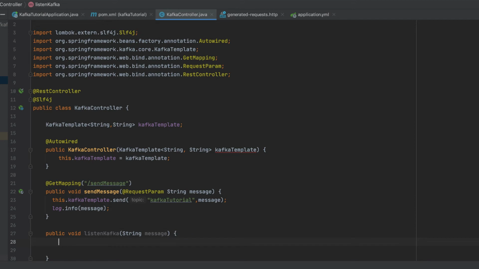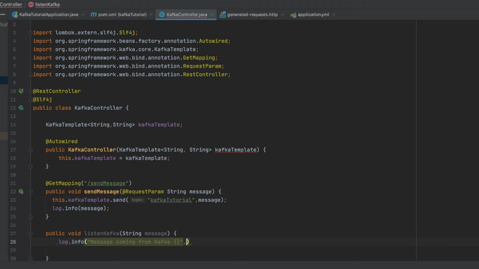So consume and produce messages. And for now, we don't want to do anything with that message, so we can simply log it. And to differentiate these things from each other, let's call this message coming from Kafka,